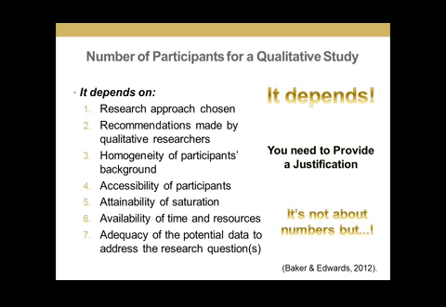It's also based on the homogeneity of participants, their background, right? If their backgrounds are similar, you don't need a lot of participants because there's high probability for them to tell you the same story. If they have diverse backgrounds, you need a lot of participants to come to a conclusion or develop themes. It depends on accessibility, because maybe the issue you are focusing on is so complex and sensitive that you might not get a lot of participants. You might get about 10, you might get about 2, you might get 1 person, because the issue is so unique. So it depends on the accessibility.